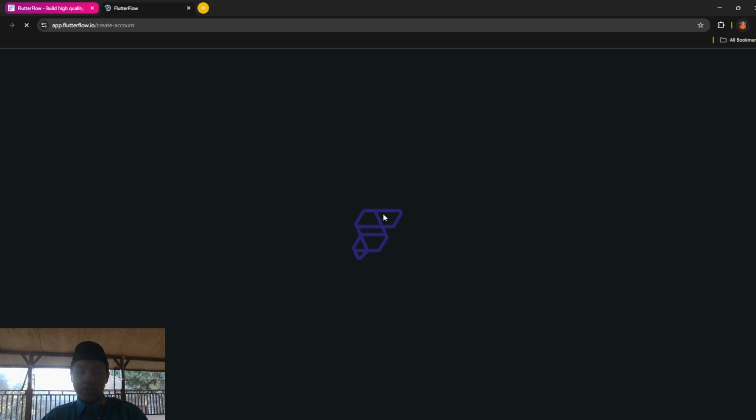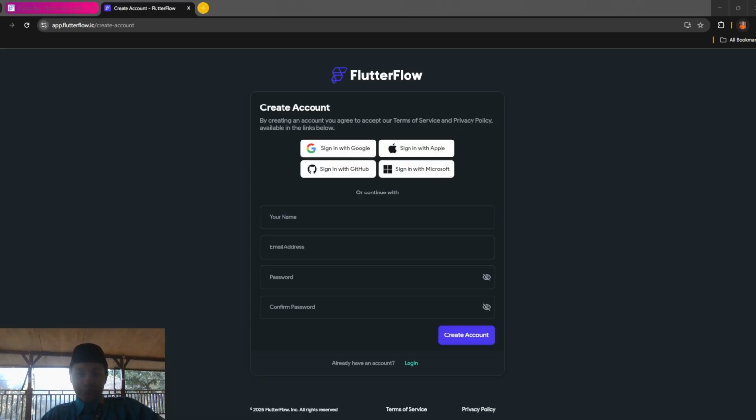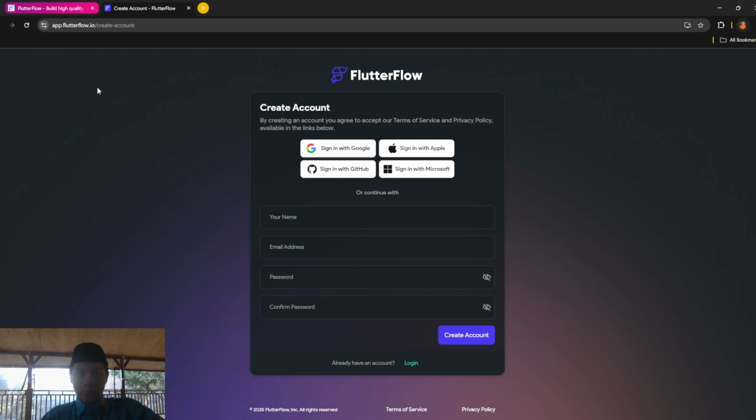So in this you're just gonna wait for the loading, and make an account. You can create an account manually or just sign in with Google. I'm going to go with sign in with Google.